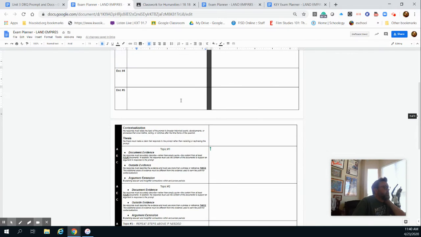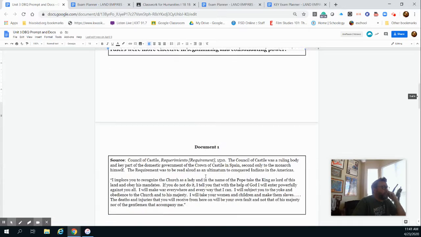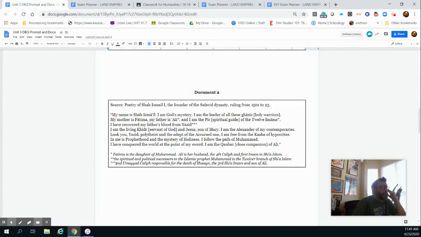Okay. So what this page does, the back side or the second page, it's an outline. If you imagine this being a visual organizer, this is the introduction paragraph, first body paragraph, second body paragraph, third if you need it, and then conclusion. So if you do stuff here that I ask you to do on the left, then you got an essay outline. Okay? So taking this prompt in these 5 documents,